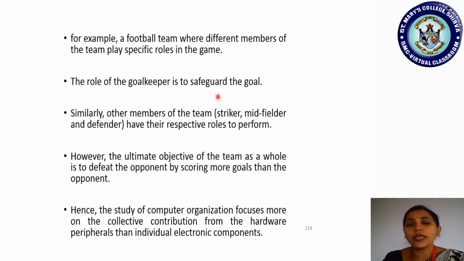So the role of a goalkeeper is to safeguard the goal. Similarly, other members of the team, for example a striker, midfielder or any defender, have their own respective roles to perform. Okay, the ultimate objective of the team as a whole is to defeat the opponent by scoring more goals than the opponent. So that is the main objective. However, whatever role they play, ultimately they should what? Score more goals than the opponent team, and hence